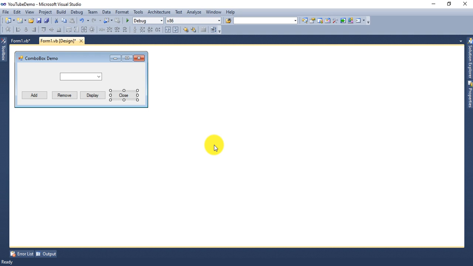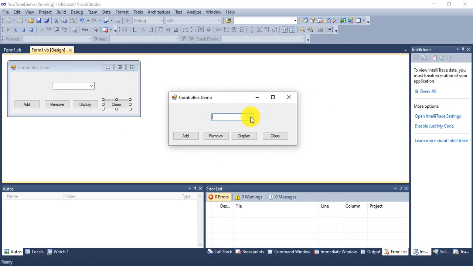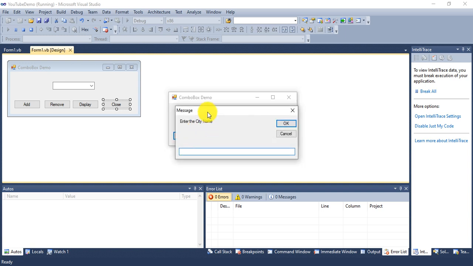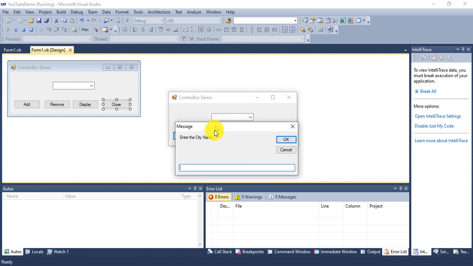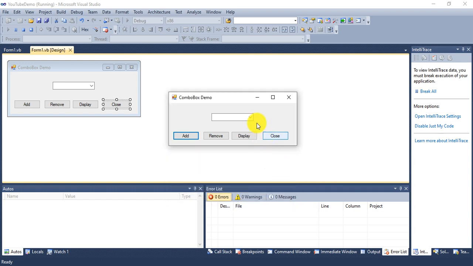See how it looks and how it works. Now we run the application. Okay, the form is ready. See, here Ankleshwar and Bharuch, two cities, are available. Now we are adding one more city using add. See, enter the city name. I'm providing the city name Baroda this time, and say OK. So the city will be added. See here, Ankleshwar, Bharuch, and Baroda appear.